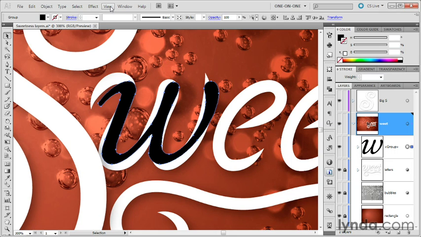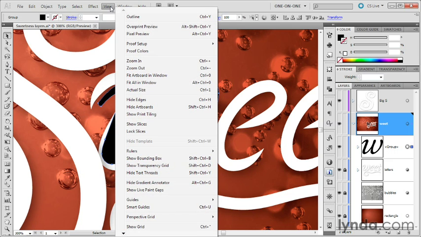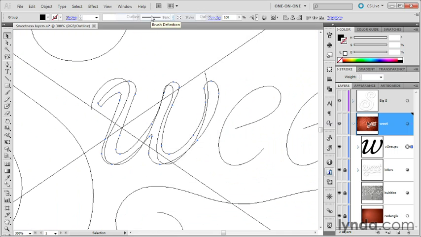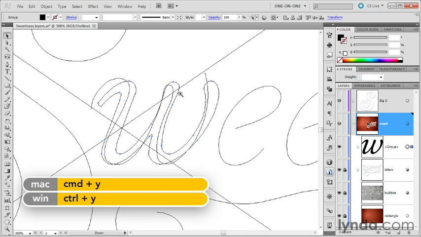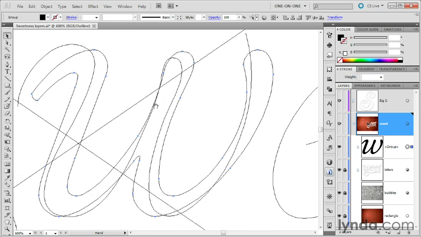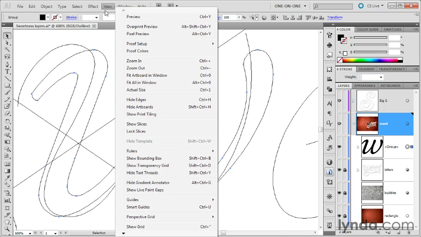I want to switch to the outline mode so I can better see what I'm doing. I'll go up to the View menu and choose Outline, or you can press Control Y or Command Y on a Mac. Now I'll zoom in a couple of clicks here. All right, let's go ahead and grab that top anchor point. And by the way, this is very important. You should have your bounding box turned off. So go up to the View menu and check that this command says Show Bounding Box. If it says Hide Bounding Box, choose it to get rid of the bounding box because it'll just get in